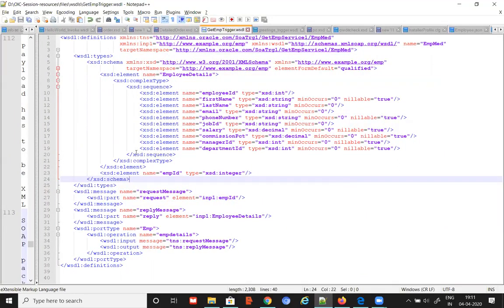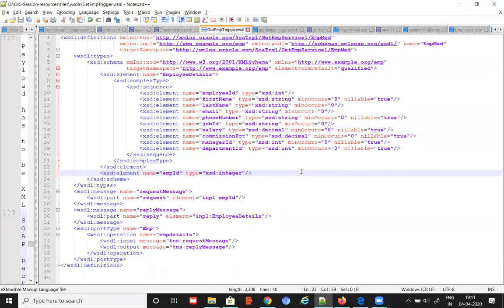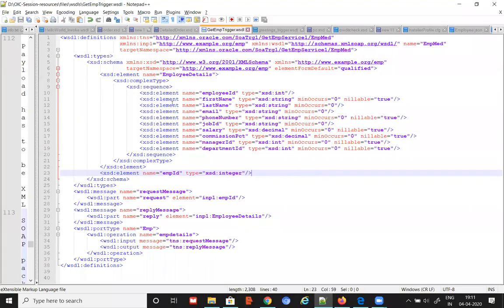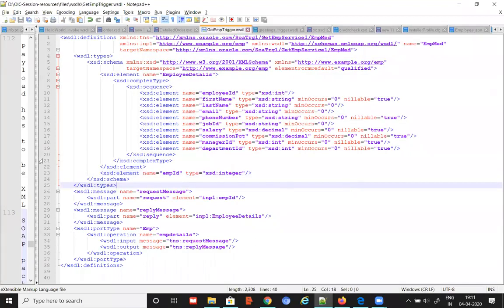Basically, can we import the WSDL and use it the way we are using XSD? WSDL probably yes, but you cannot use this XSD outside. That is the main difference between putting it inside and putting it outside. If you think your XSD will be reusable across multiple definitions, then you put it outside. If you think it is specific to my WSDL, then you put it inside. Yeah, got it. Thank you.